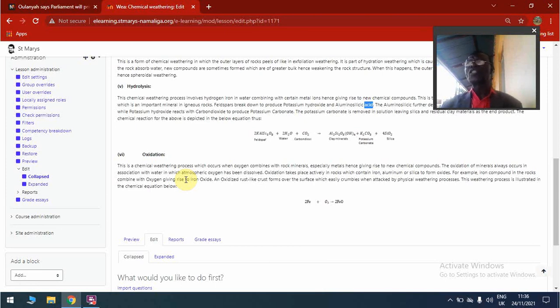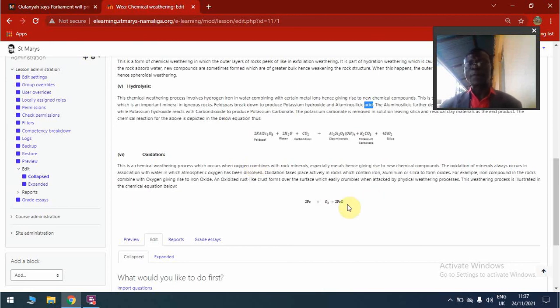Now, how does oxidation occur? Oxidation weathering process occurs when the oxygen, which is plenty in the atmosphere, comes into contact with the rocks which are made up of iron. In this case, the reaction between oxygen and the iron present in the rock will produce